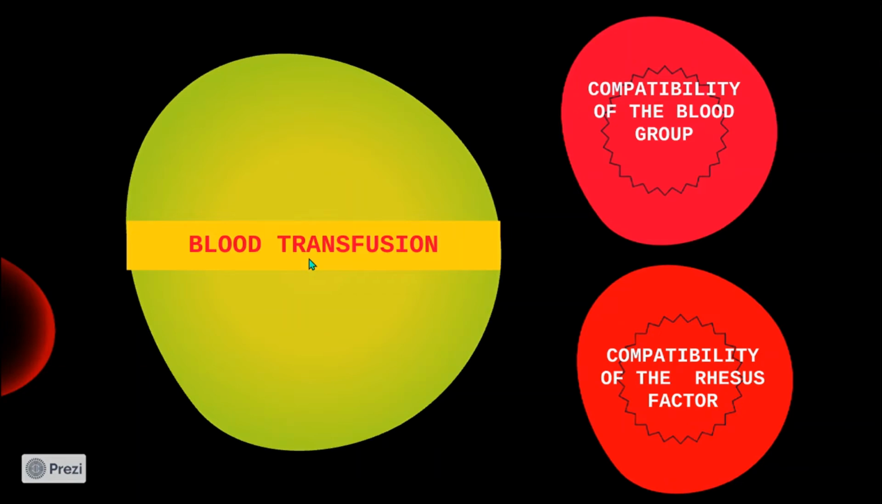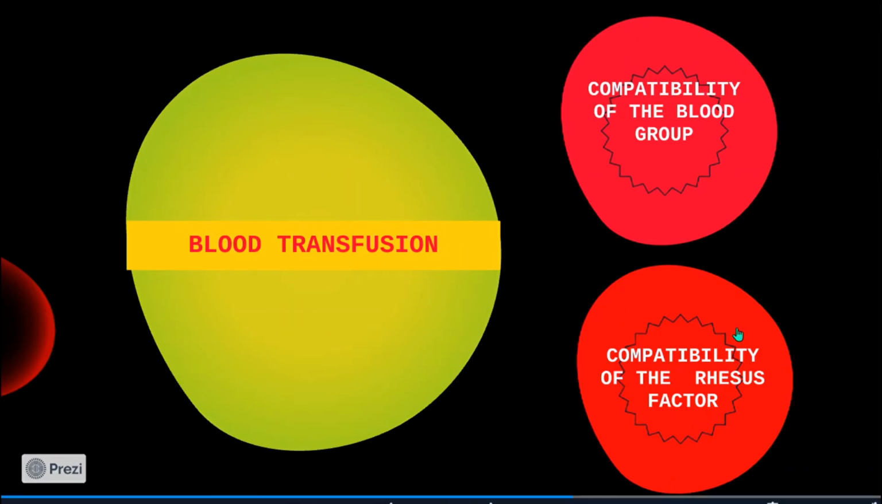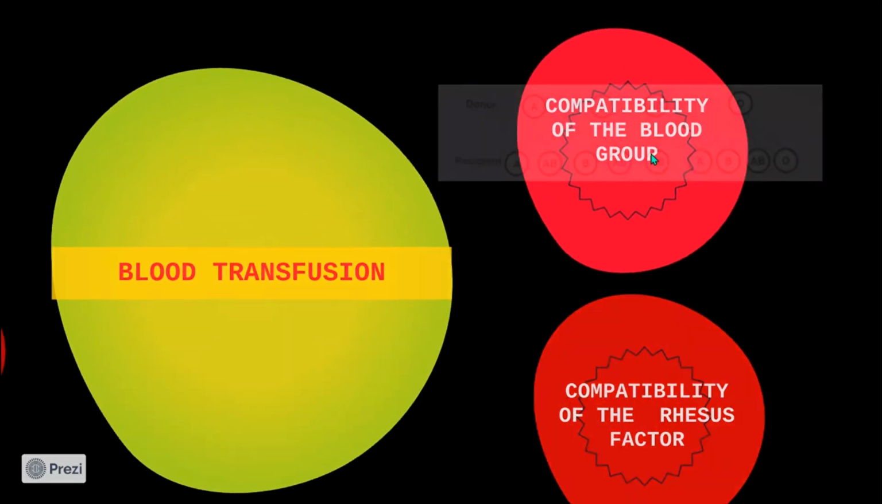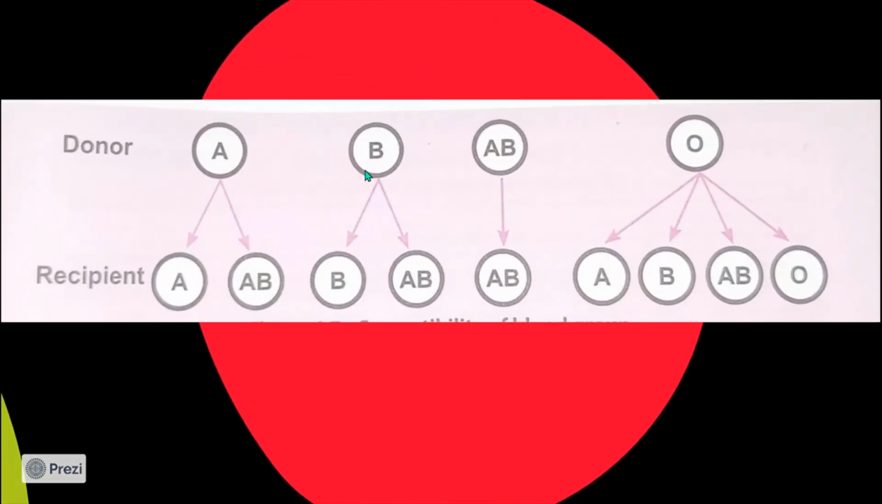For a transfusion to take place, the compatibility of the blood group and the compatibility of the rhesus factor are more important. Let's learn about them. Compatibility of the blood group. Here you can observe that, as you know before, there are 4 blood groups: A, B, AB